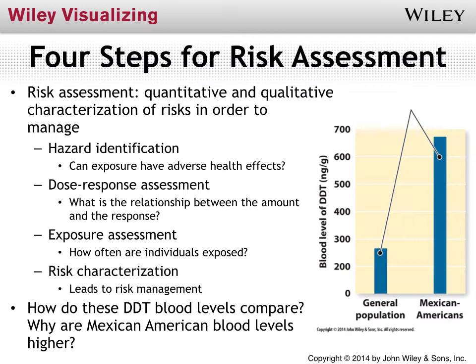So although we don't use it any longer in the United States, it's very persistent and it still shows up in our environment occasionally. But more importantly, we may not use it in this country, but it's still manufactured and sold to other countries or made by other countries and used there, like, for example, in Mexico. So anybody working in and around these chemicals or living near where these chemicals are used, as demonstrated by this image, are far more likely to have that chemical in their bodies.